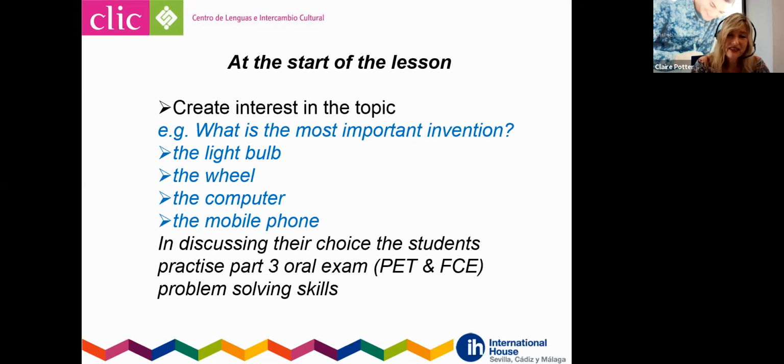And again, this kind of discussion on what they think is most important and why can reflect a little bit the kinds of oral exam activities that they're being asked to do. So I asked them, what is the most important invention? And then what we decided to do was think about what we would invent if we could. And we did that through looking at an example from